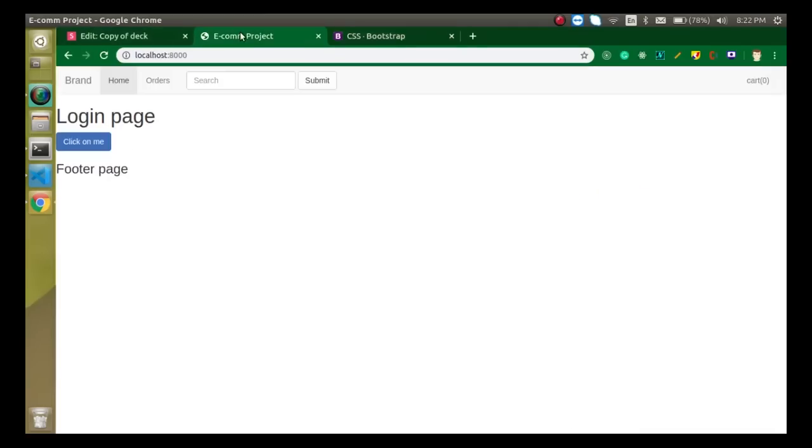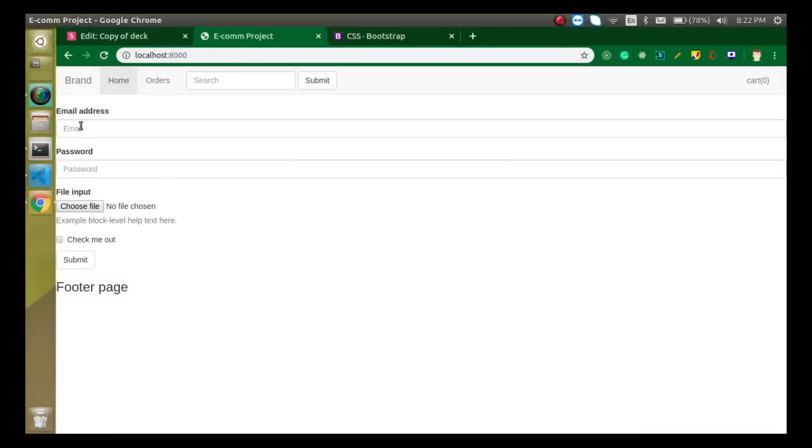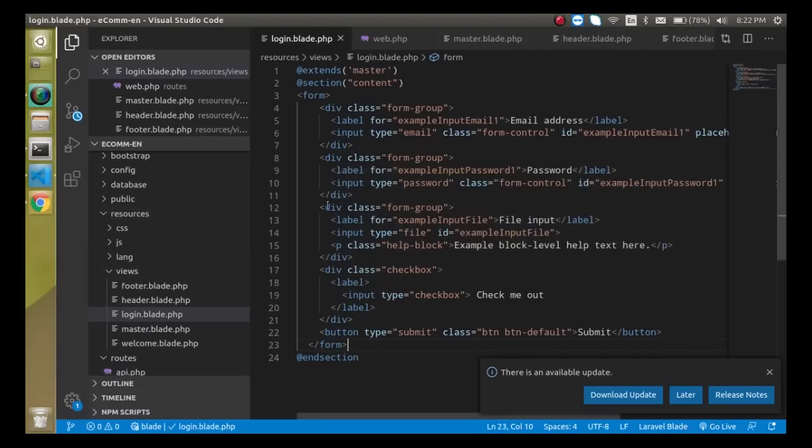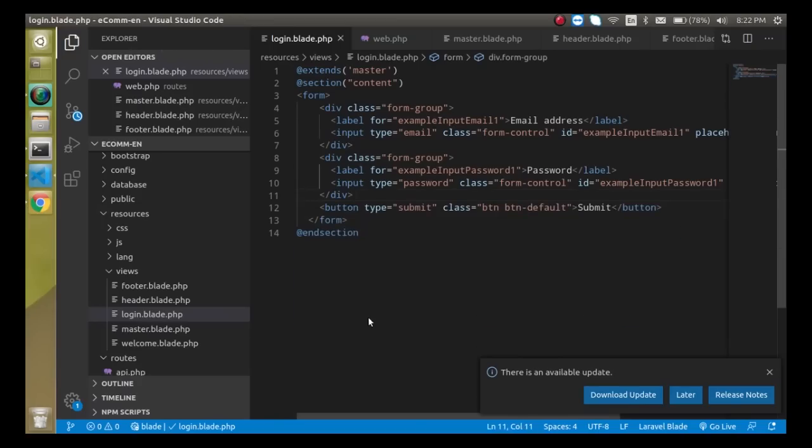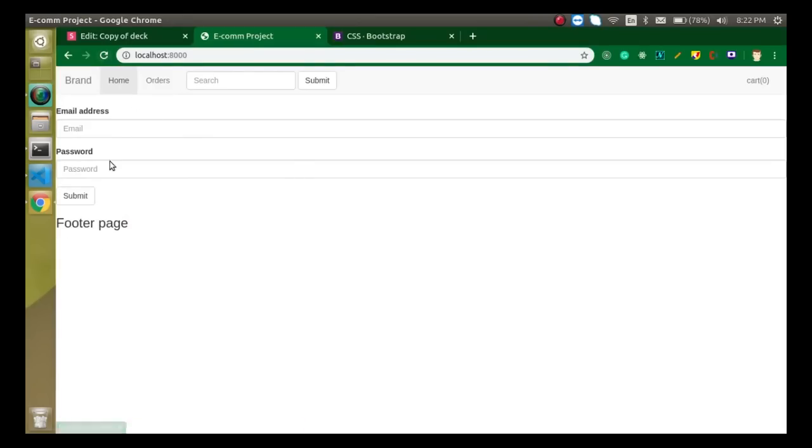But for a moment they are going to look very ugly like this. So let's remove this extra file. We don't need it, as well as we don't need this checkbox. And now this is looking fine, but the fields are very large, so we want to shrink them for a moment,